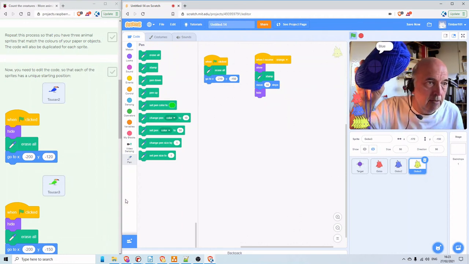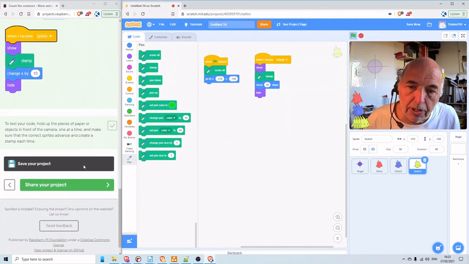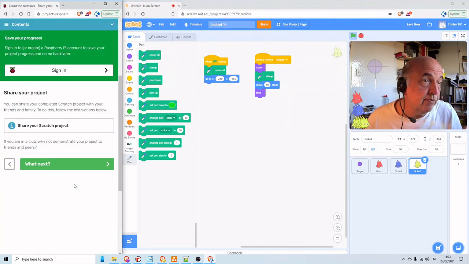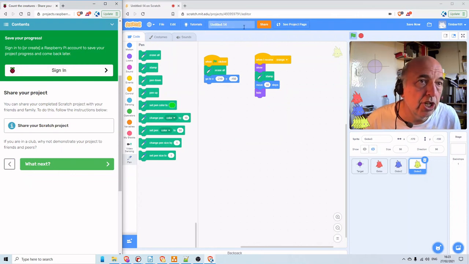So, I think the instructions cover all of that. The option now is you can share your project if you want to. Don't forget you don't need to worry about the camera thing. You can see me because I'm recording me. But if I go share